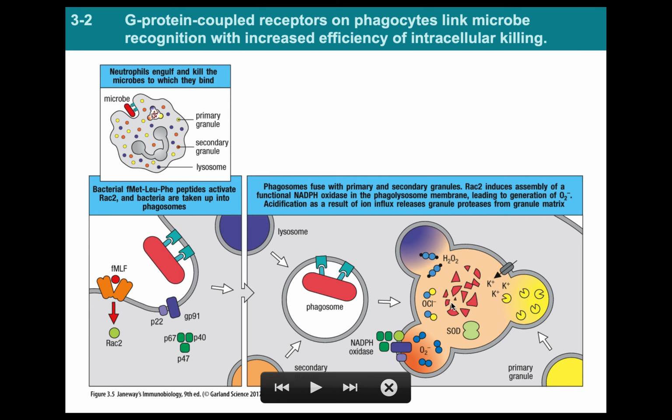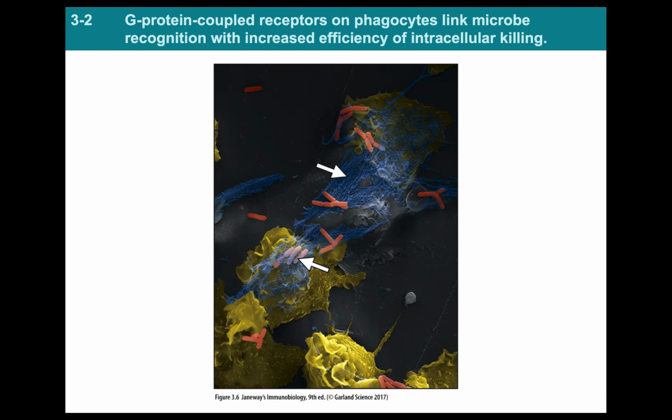And so, this is also something that cells in your immune system can make. And you know what? It works on your countertop, and it works inside your cells to destroy bacteria. And SOD is a superoxide dismutase. That's another thing that can be used to attack bacteria. And there are a bunch of other enzymes that would also be involved. But this is the process. So RAC2 is going to cause all 3 of these little vesicles, all 3 of these little pods to come together and merge with whatever has been brought in the brand new phagosome. And so, yeah, that's how